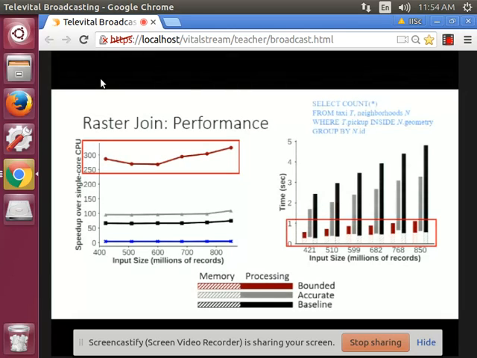This is a GPU baseline, where we do brute force point and polygon tests for all the points, and we use a polygon index to do that efficiently. So for each point, we query all the polygons that potentially intersect using the index, and then